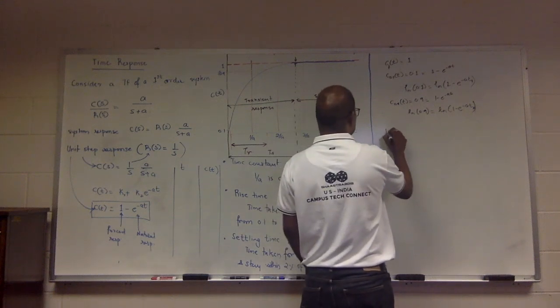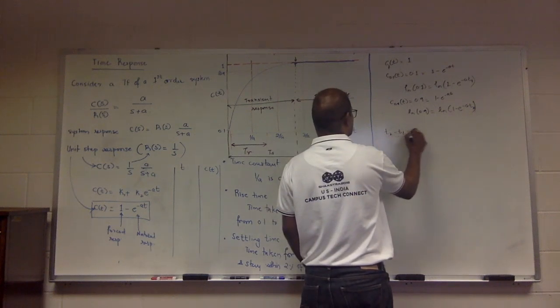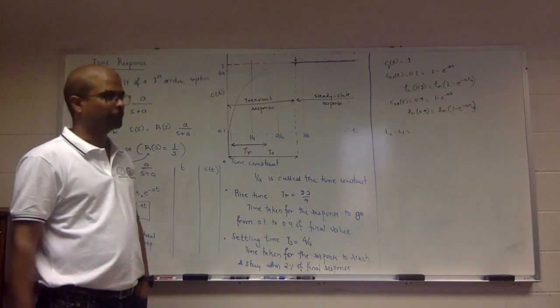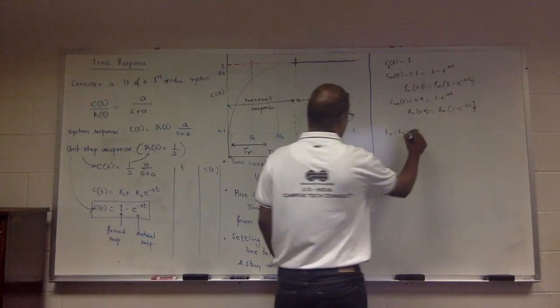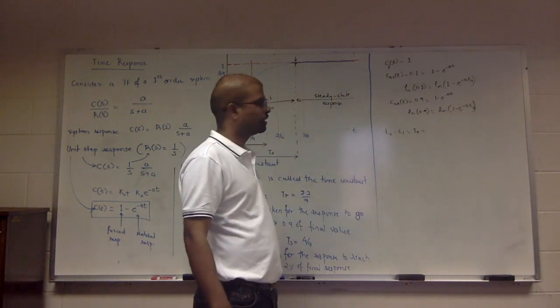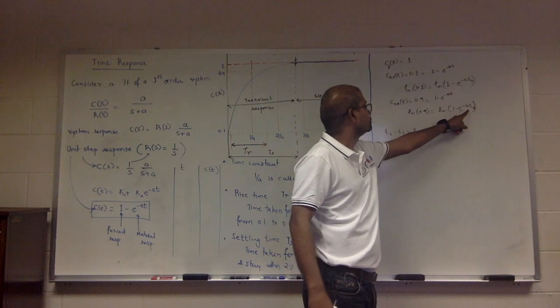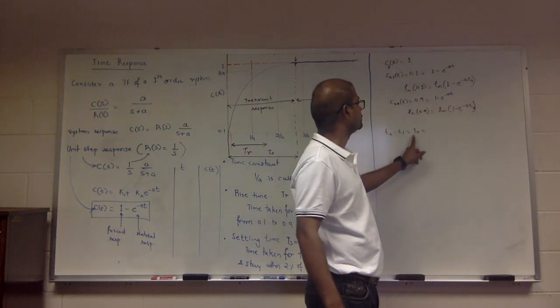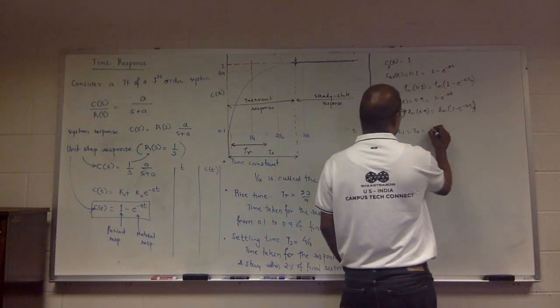What is T2 minus T1? TR. Yes, TR, that is the rise time. You solve for T2, you solve for T1, and you substitute that here, you're going to get